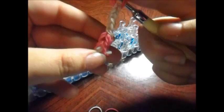Okay. Be very careful taking it off of the loom, because of how tight it is, it'll snap back at you. Okay, so here is the piece for the tail. I know it looks a little weird. And then what you're going to go ahead and do is just go in and